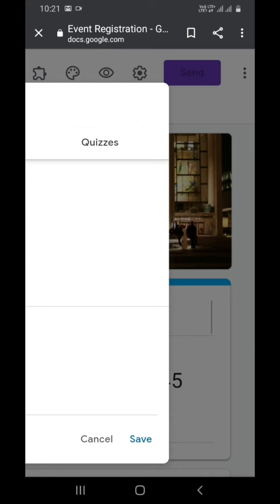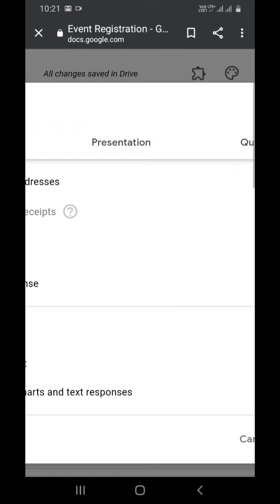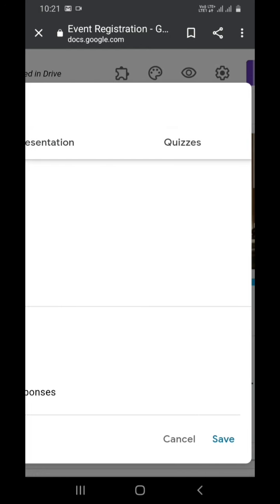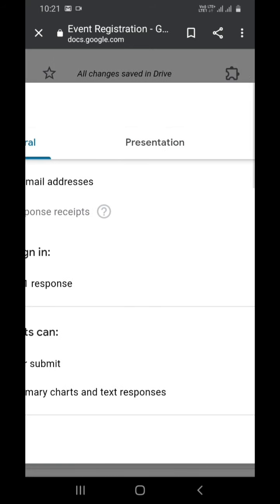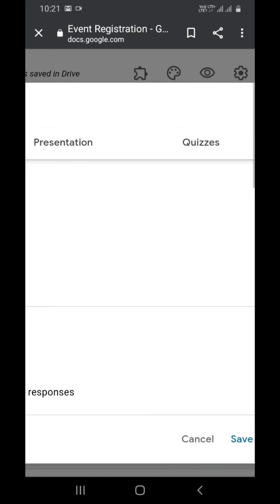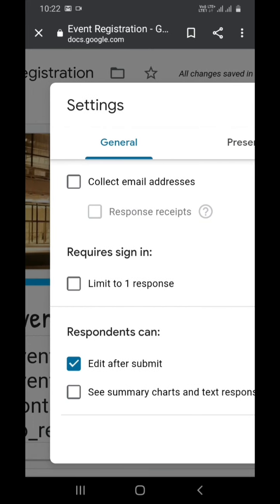When you click on settings, you can see 3 things: general, presentation and quizzes. If this form is meant for a quiz, then you can click on the quizzes button. Since we are creating this form for event registration, it is not needed as a quiz. So let us look at the options one by one.